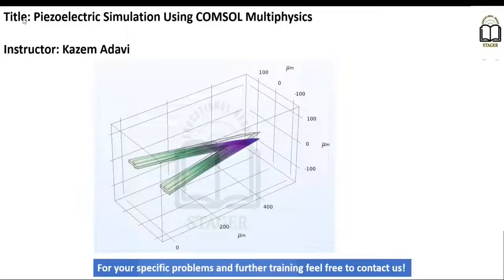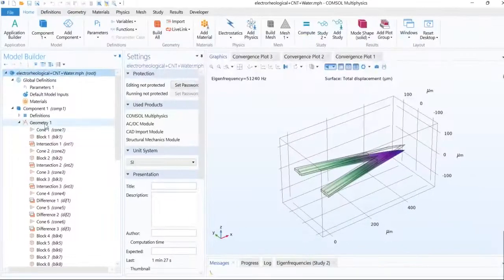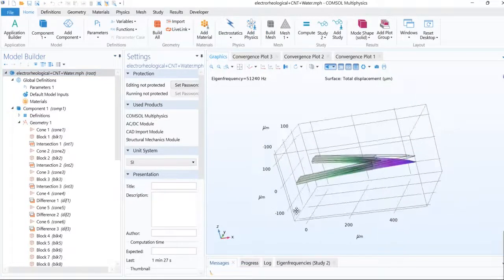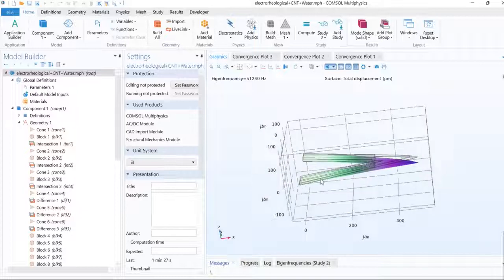In this video, I'm going to tell you how you can simulate a piezoelectric system, a piezoelectric in a liquid material, so you can investigate the effect of the tension on the electrical currents and vice versa. In this regard, we did the simulation. It's a kind of cube that contains fluid like water, and a piezoelectric material that is defined in this shape,